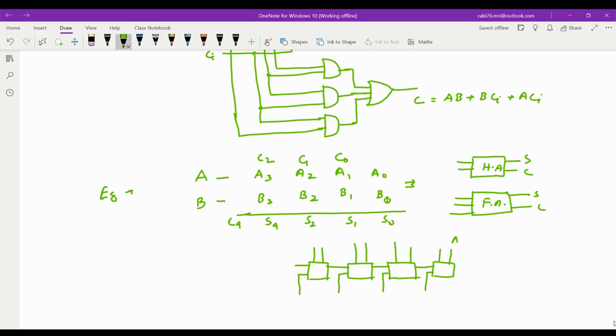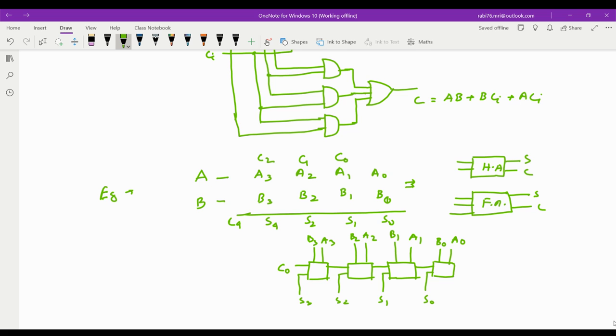And here it is A0, B0, A1, B1, A2, B2, A3, B3. So this is S0, this is S1, this is S2, this is S3, and this is C0,